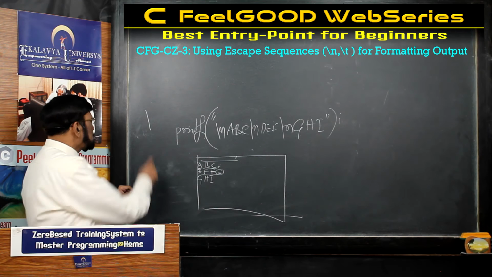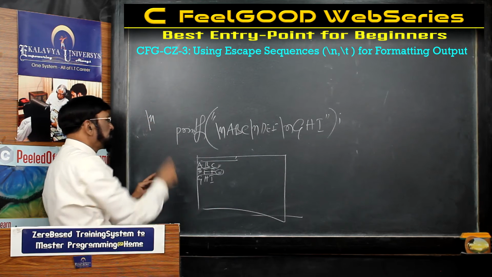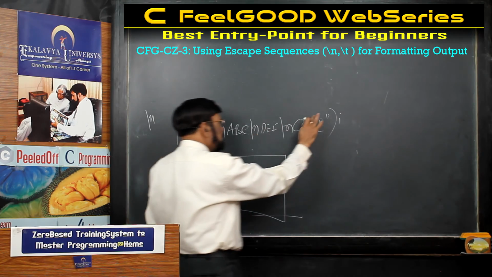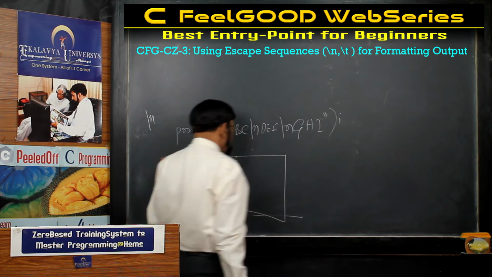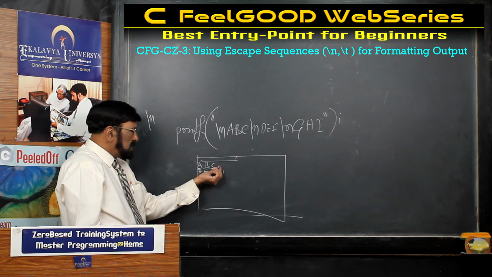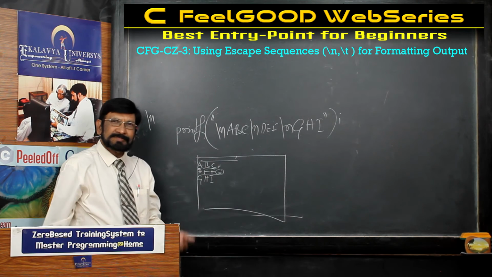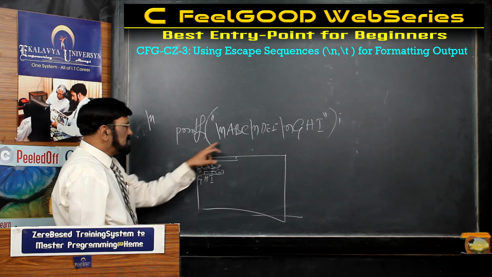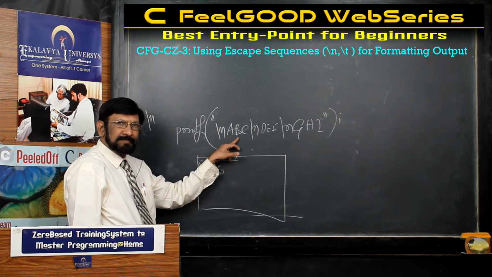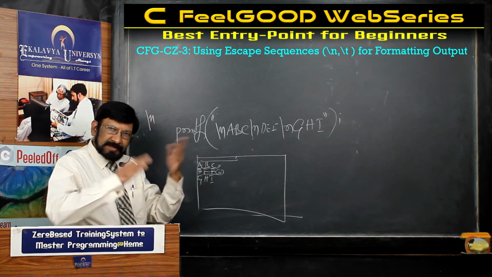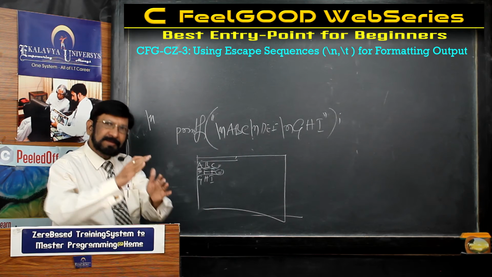You have to write backslash and lowercase n. And one more thing, it should be written as part of the string. Why is it called an escape sequence? It makes the cursor escape from this position to this. That is one reason. The other reason is that all these characters are printed, but this is not printed. It escapes, but it performs an action and escapes.